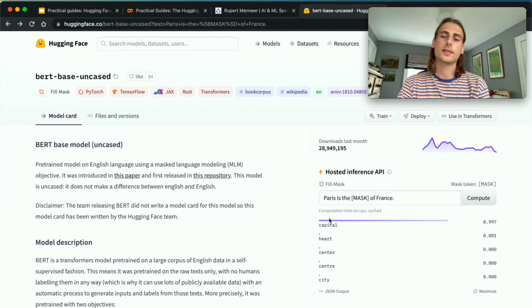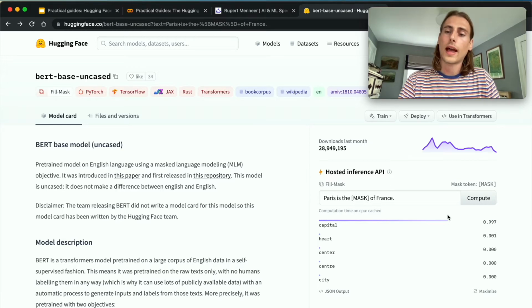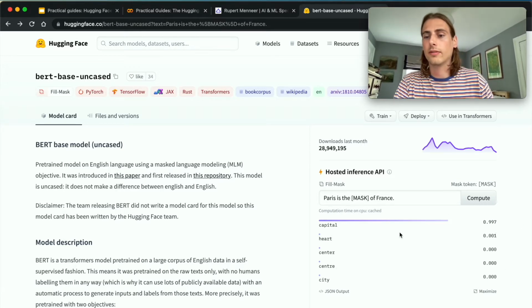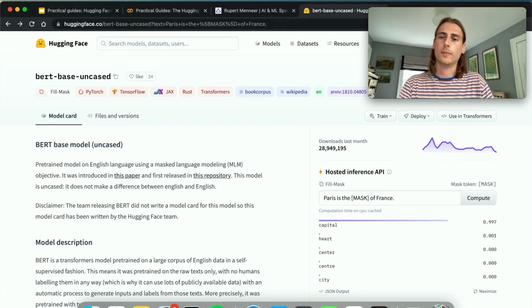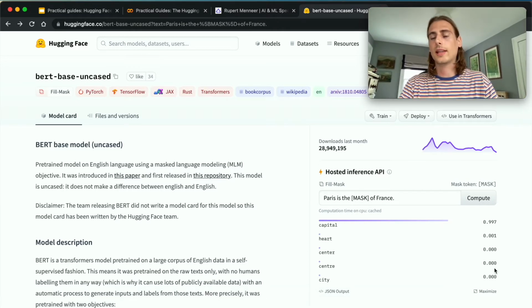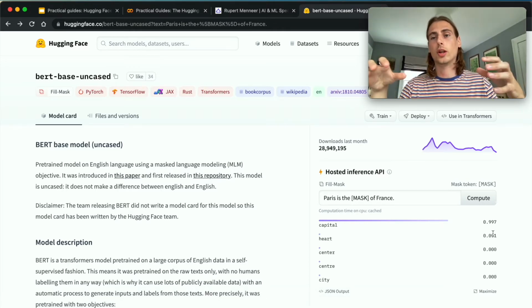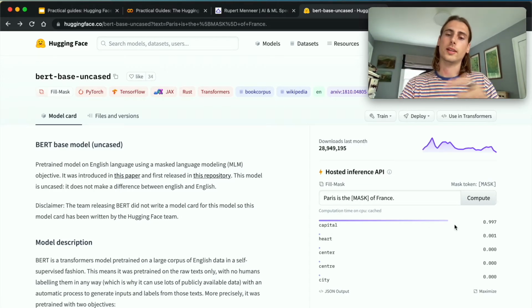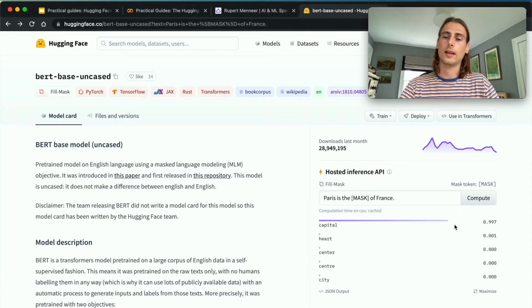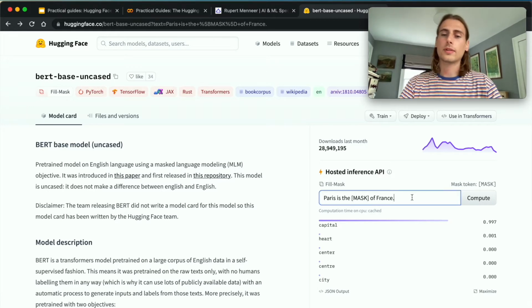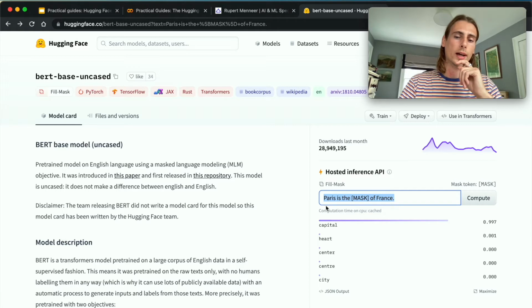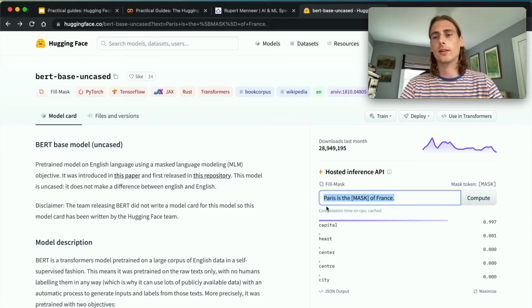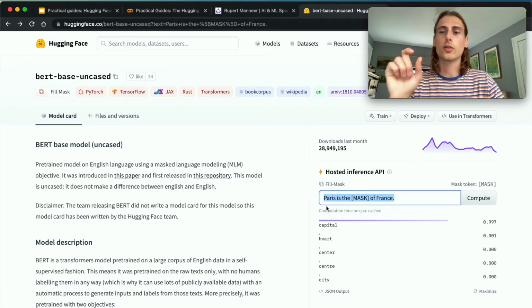So "Paris is the blank of France", and they put "capital" with a very high probability. And you know, the output of this model, by the way, is not just five tokens with a probability. It actually produces a probability distribution over your whole vocabulary. And it just happens that "capital" was the largest probability here by quite a long way. But perhaps let's put in another example where you're going to want back a token that's part of